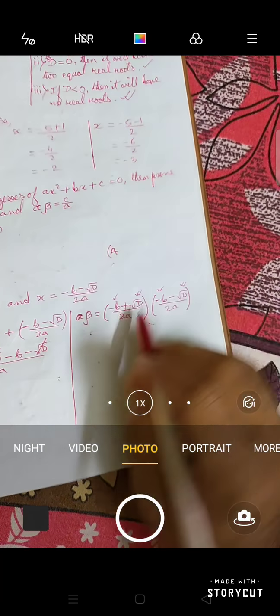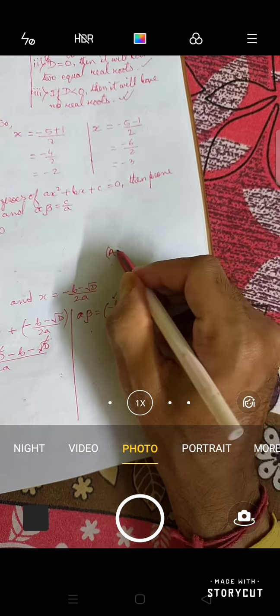And there is a plus root d. And here, I'm not writing root over, okay, let it be root over. And this is minus b, so both are same, so can I say a? And there is a minus, so minus root d. Can I say this way? Is it clear to everyone?